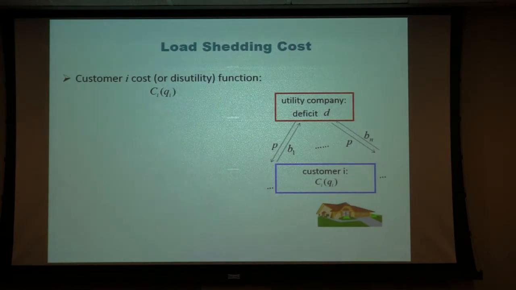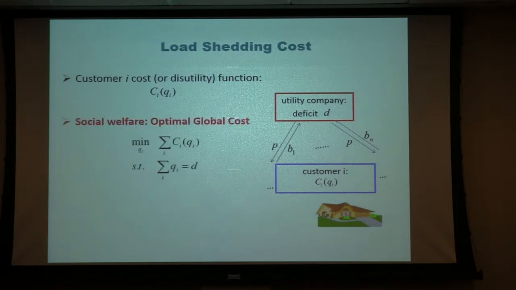On the other side, people will hesitate to think about whether I should incorporate or not, because if I reduce my D, or you ask me to change my E, there's some cost, right? I mean, if I'm going to change my typical lifestyle. So there's some underlying cost function. I don't know what the actual cost function is, but there's some cost function. From the economics or social welfare point of view, there's some global optimal cost. I want to balance how much I'm asking from each individual person, to make sure people's costs are balanced with each other. Ideally I want to achieve that.